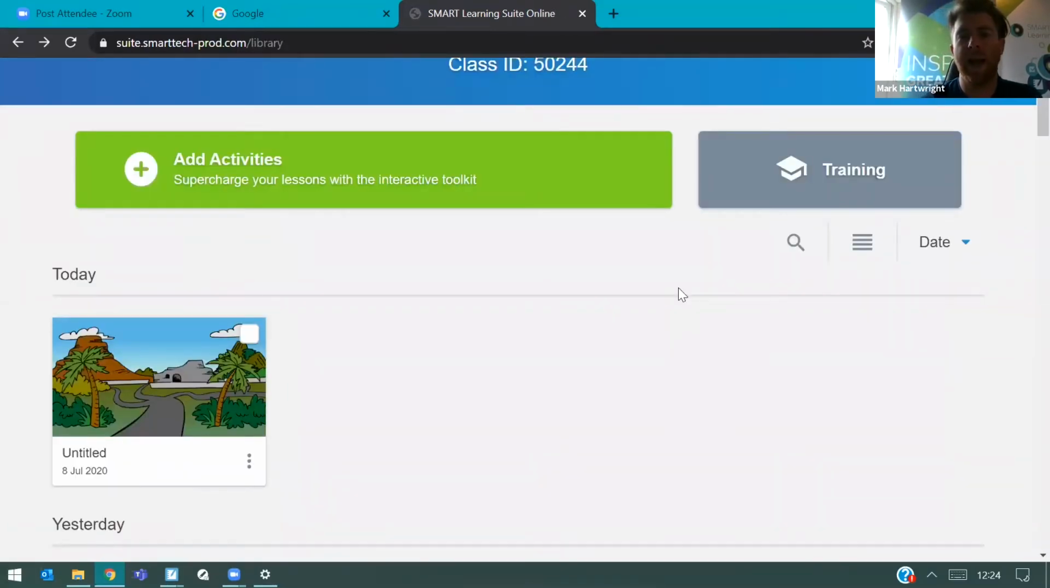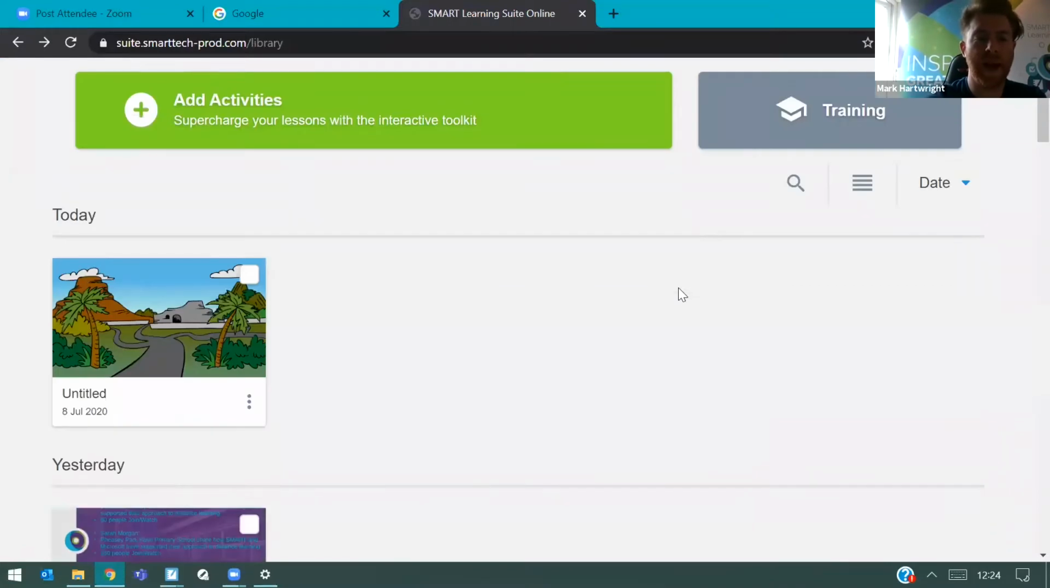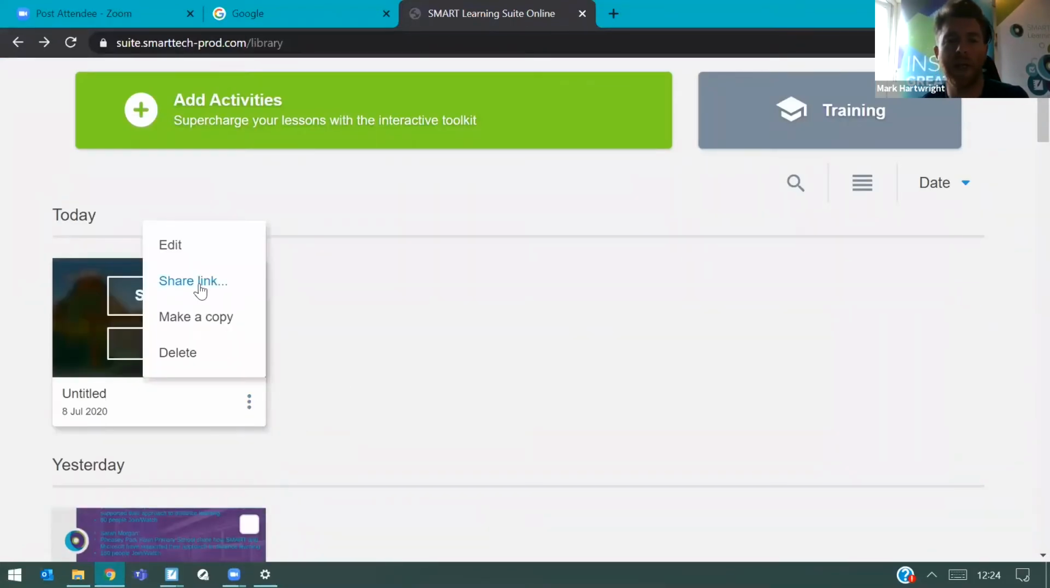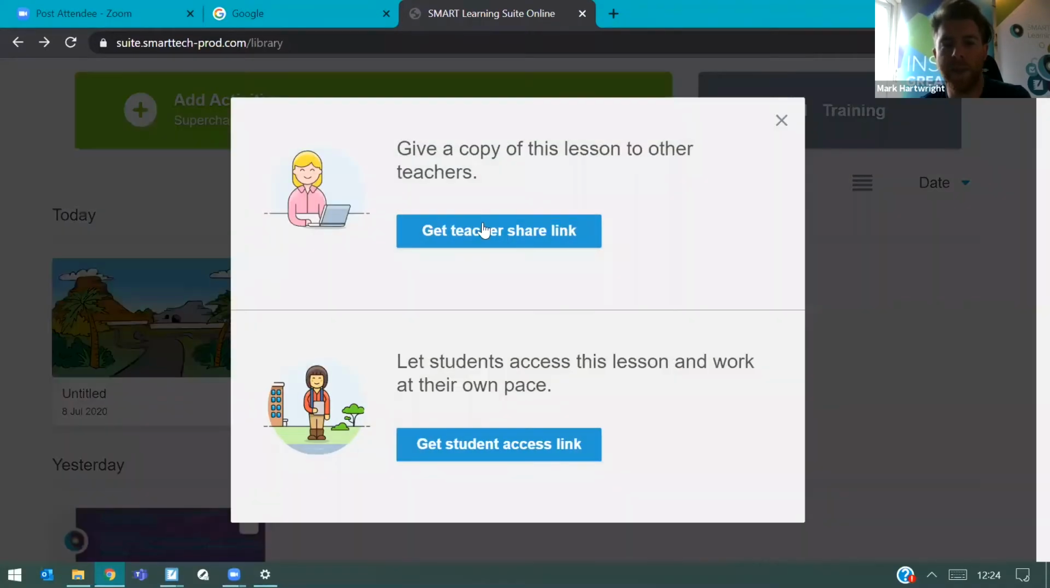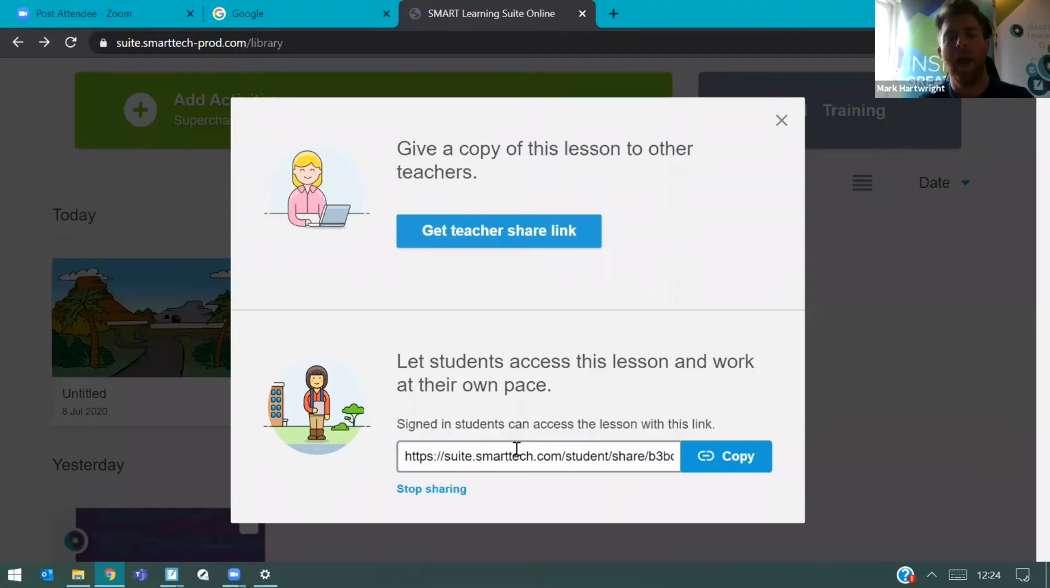If I do want to then send that out, I've got this little three dots here. I click on those three dots, I can share that link, and then that becomes a sharing teacher resource, or I can share that link with a student link. Once I've got that student link there, I can copy that and put it into any support network you've got, whether that's something like Seesaw, something like Teams, or in Canvas, or in Google Drive, or your Google Classroom,